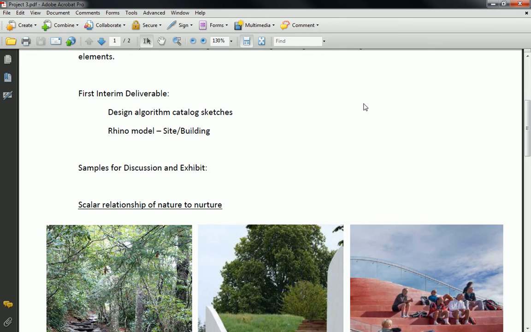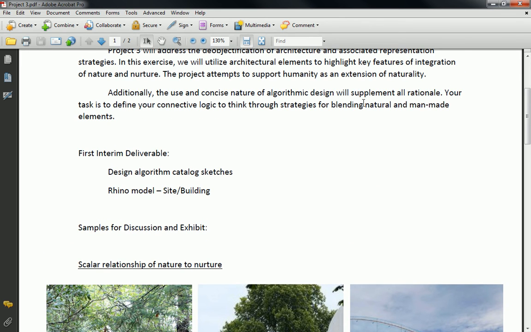But basically, just jumping down here, you saw that the due date up top was November 10th, right? So that's 2 weeks away. And these 2 deliverables right now are very basic. Okay, this isn't your whole assignment for project 3. This is just the first little chunk. At this stage, we're going to get a little bit more analytical about how we're designing these elements, and then we're going to use that analysis to both develop the architecture and develop the representation. Okay, so what we're doing this weekend is that first deliverable that you see, and then probably 1 week to 2 weeks out, we're going to be